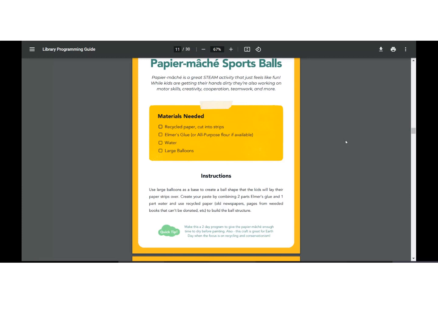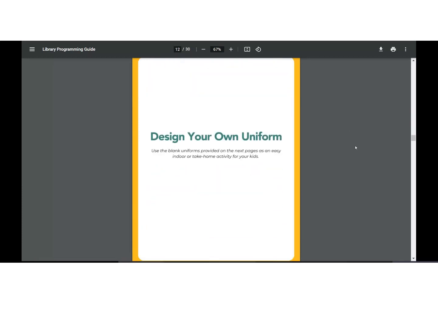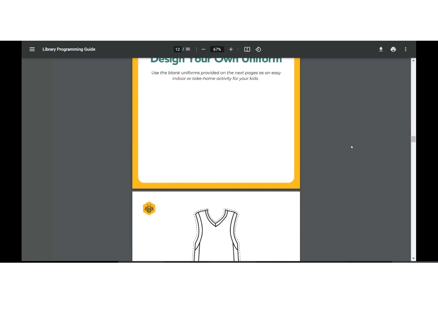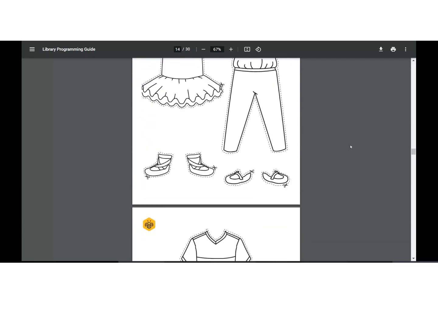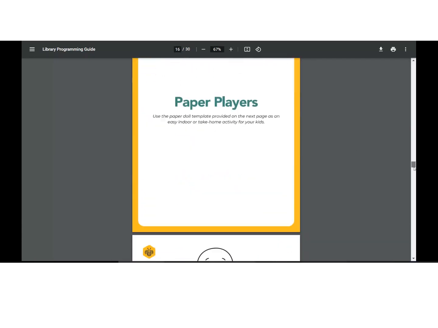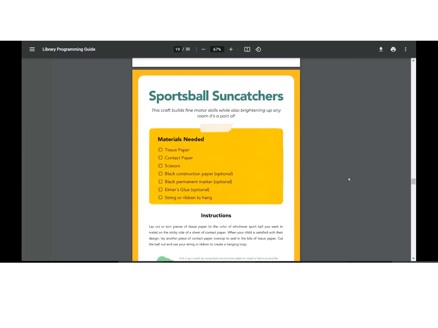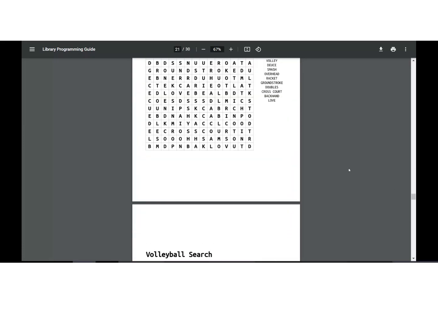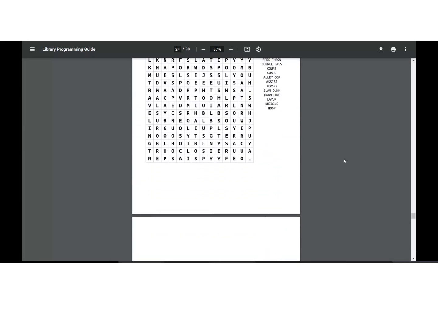Make a soccer ball out of paper mache. That's a great STEAM program. If you want to, we also have printables, crafty things like this. I'll just scroll down because there's a lot. Again, I'm just finding little touch points, little ways to encourage the interest that any child might have in whatever sport they're interested in. So you can go ahead.